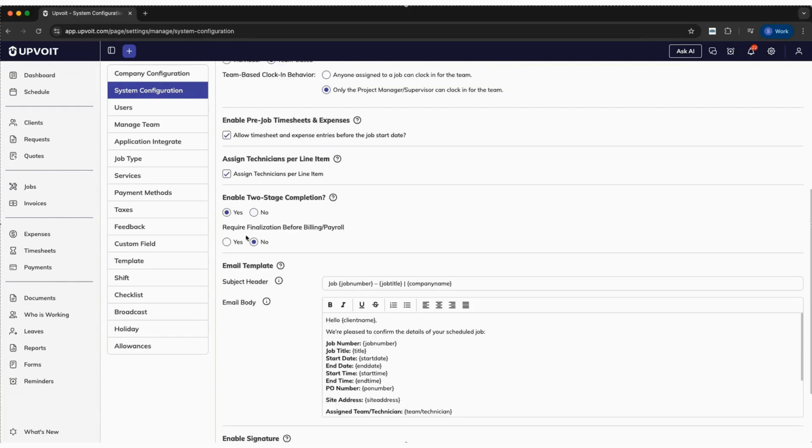But if you turn this feature on, you are adding one more step, a verification stage. Here's how it works. The technician finishes the job on site and marks it as completed. Now, before it goes to billing or payroll, your admin needs to verify it. Once the admin verifies, the job is officially completed in the system. So you can decide whether you want jobs to be completed instantly,